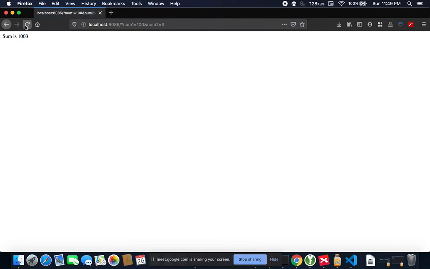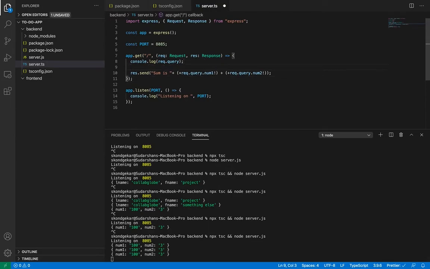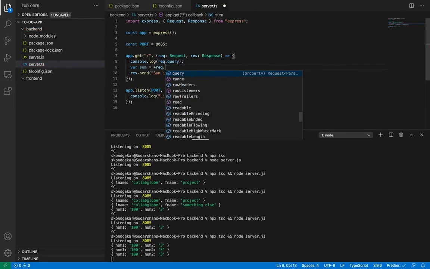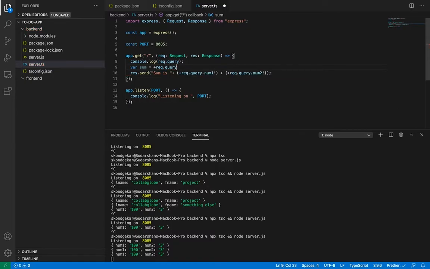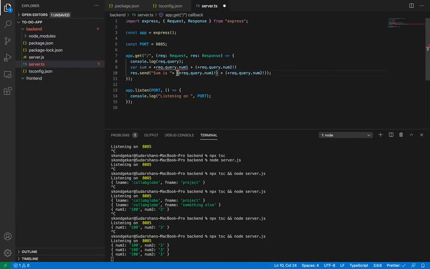Go to front end. This time still it is not the number. Let me do it separately. I will create variable sum is equal to plus request dot query dot num1, and this thing and this thing as well.